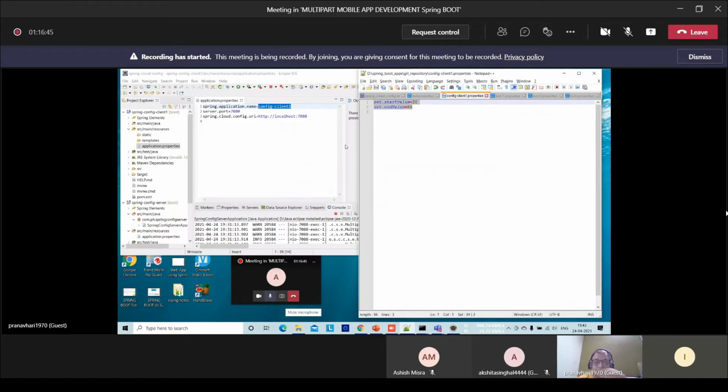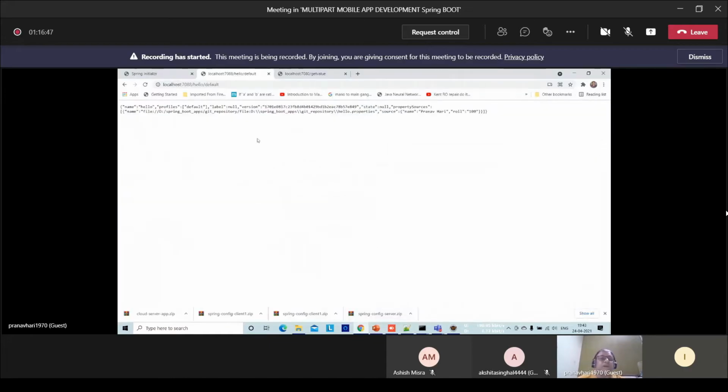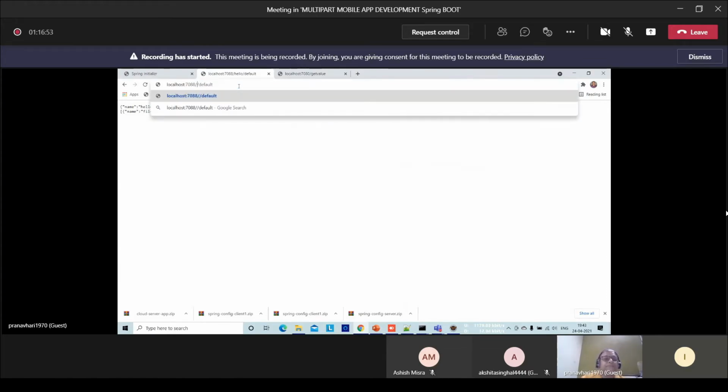It contains this. Let me run this properties file from the server. What is the name? Config hyphen client 1. Was it the same or different?